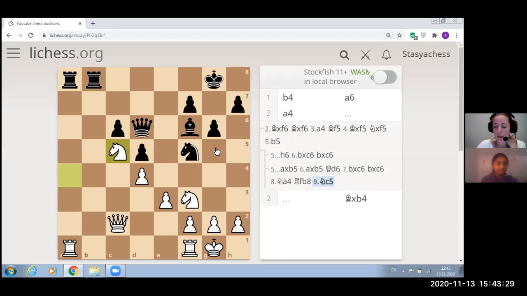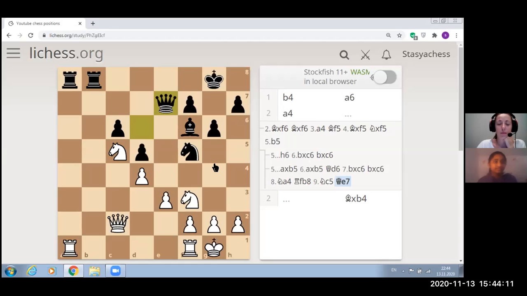Okay, so knight c5, and in this position, black played queen e7. As Tara said before, it's important not just to find a plan by yourself, but also to try to understand what the plan of your opponent is. So for example, queen e7 is a nice example that gives us a clue to understand what black wants to do. Of course, not just black, but also white has some weak squares in this position. And it's not only about your plan,